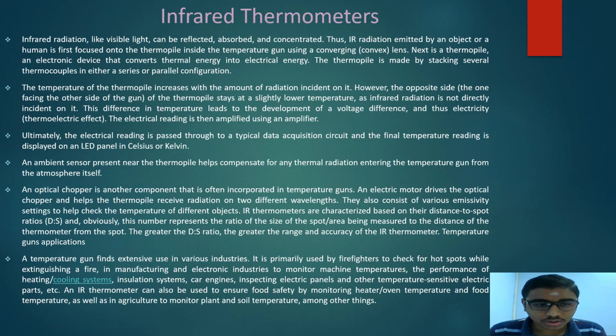An electric motor drives the optical chopper and helps the thermopile receive radiation on two different wavelengths. They also consider various emissivity settings to help check the temperature of different objects. Infrared radiation thermometers are characterized based on their distance to spot ratios, and obviously this number represents the ratio of